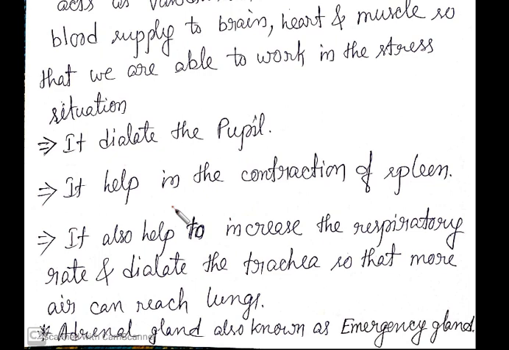अब देखो adrenaline क्या है? It's an emergency hormone. In stress situation it is working, and this is secreted by a gland, that is your adrenal gland. Because the adrenaline is working in the emergency condition or in the stress situation, we call it an emergency hormone. And the gland which is secreting it, that is your adrenal gland, is also known as the emergency gland. So adrenaline is also known as the emergency hormone, right? And the adrenal gland is known as the emergency gland.